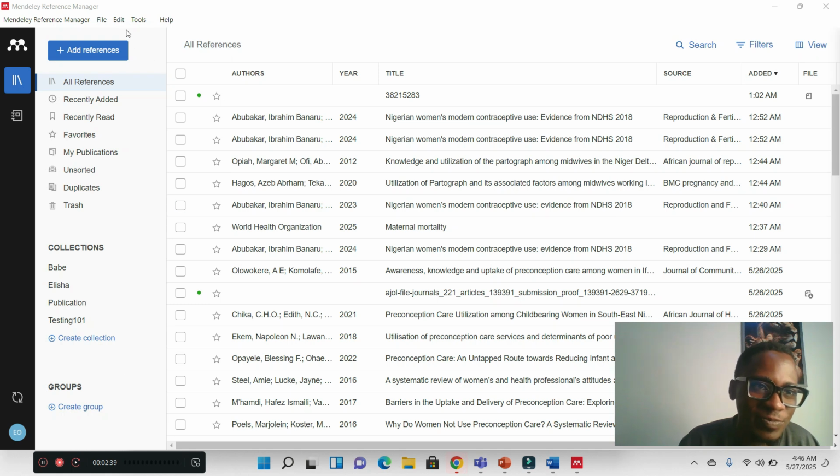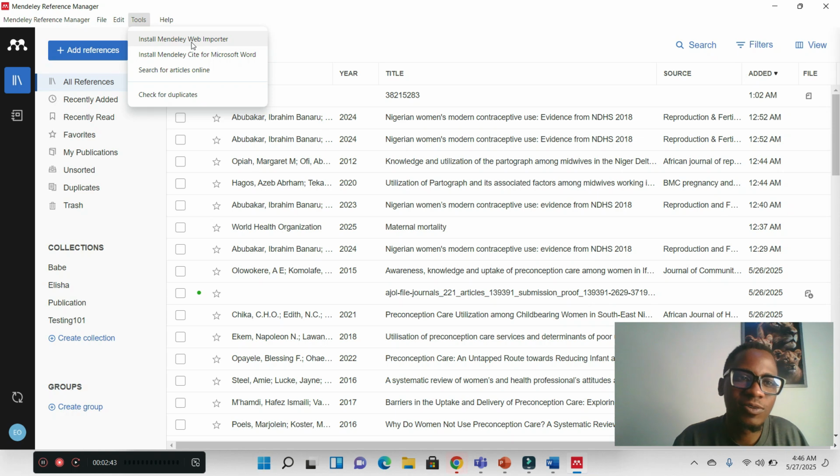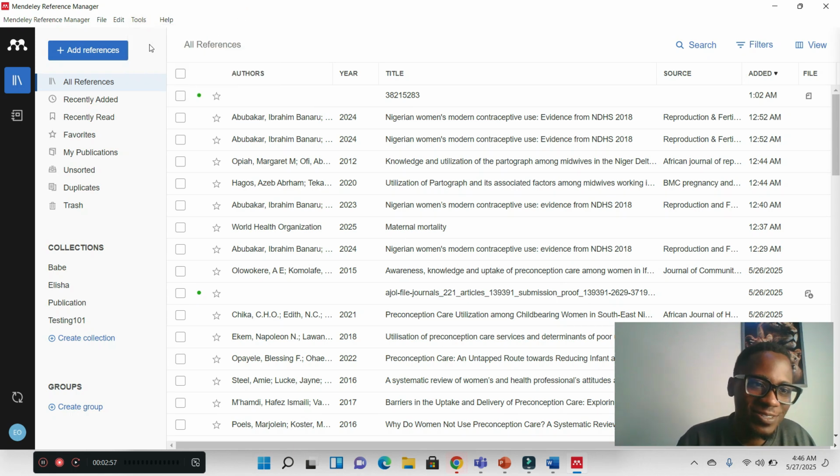All right, so go to tools. When you've done installing it, go to tools, then install the Mendeley web importer. Follow the prompt. Install Mendeley Cite for Microsoft Word. Follow the prompt. Do you understand? So now when you're done, you can now add references. Don't forget,